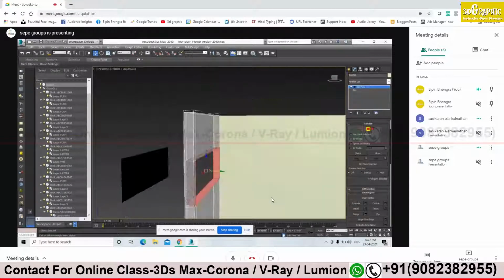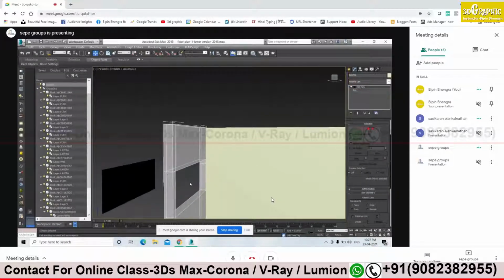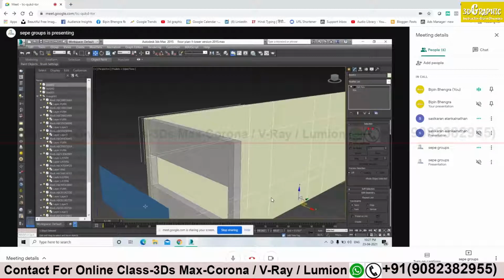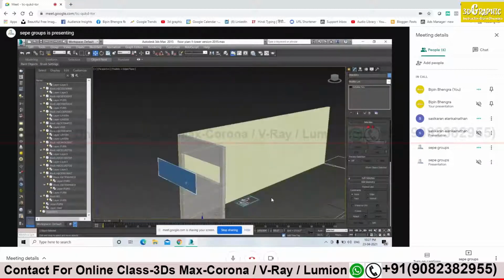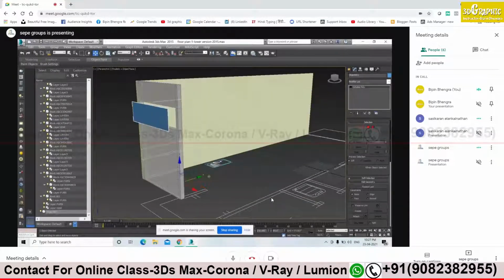Yes, come out of that mode now. Come out of that poly mode. Click. Yes, correct. Now move the glass back to its position. Position that glass to the window. Move on one direction. See where is the gizmo. Click on Y axis. Yes. Zoom. Yes, correct. Yes, very nice.